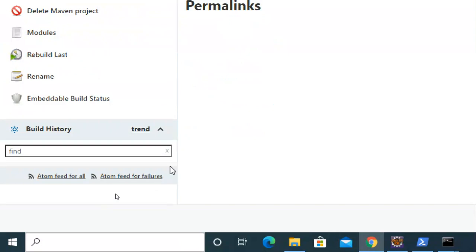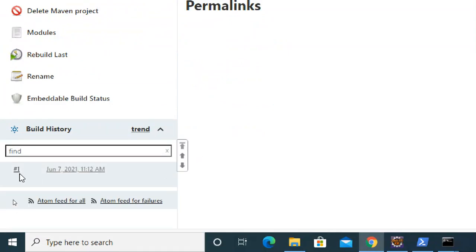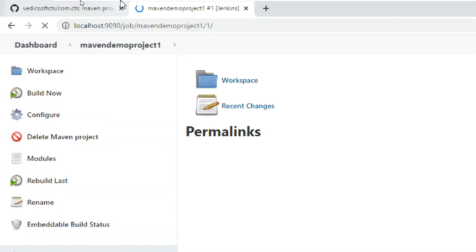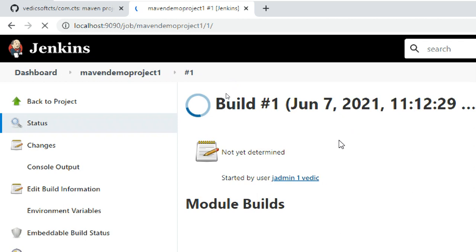Definitely, I clicked on it, so I have to wait. Yes, now the build is going on. You can do multiple builds by changing the code or without changing anything also.